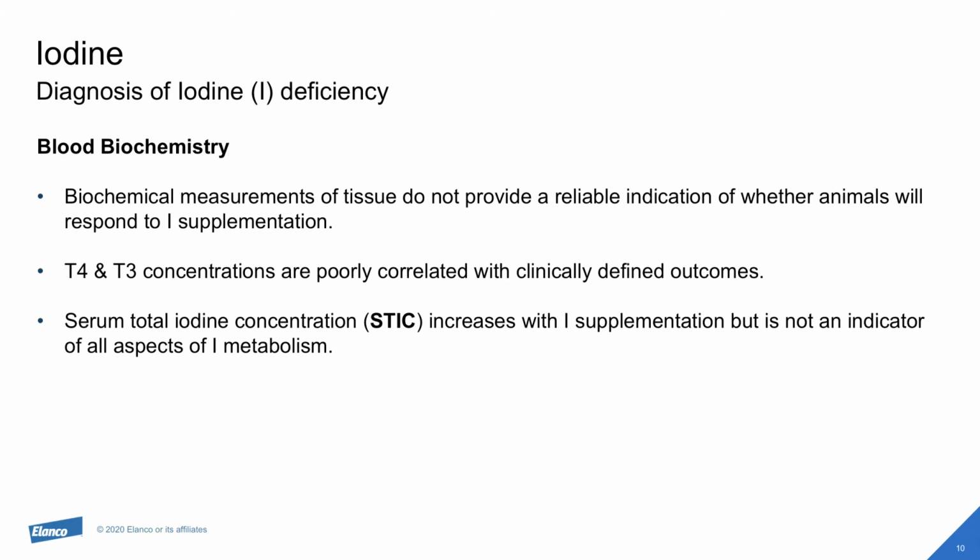After supplementation pre-mating with 1600 milligrams of long-acting injectable iodine, STIC increased twofold, but T4 did not change. Similarly, STIC was increased in dairy cows given 3 injections of 2,400 milligrams of iodine, but there was no effect on T3 or T4. It may be that hormone concentrations remain stable when supplemented cows already have enough iodine for